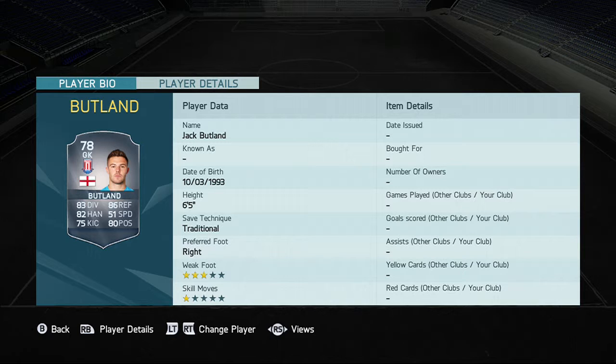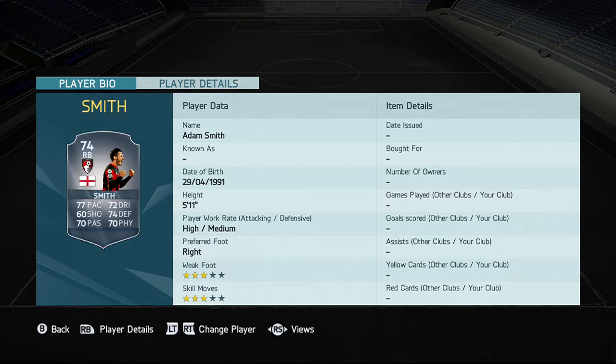Moving on now to the right back in the shape of Adam Smith. Now this guy, it might surprise you a bit, but a lot of the right backs this year, they've been solid, and a lot of the high rated ones haven't performed as much as they would like to, because I know Danilo is not having a good time. Carvajal's being preferred to him, and some of the big right backs are not performing. So I went with